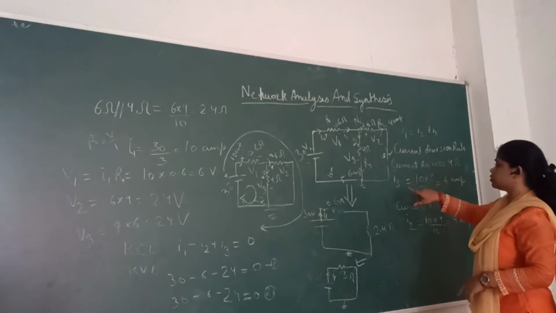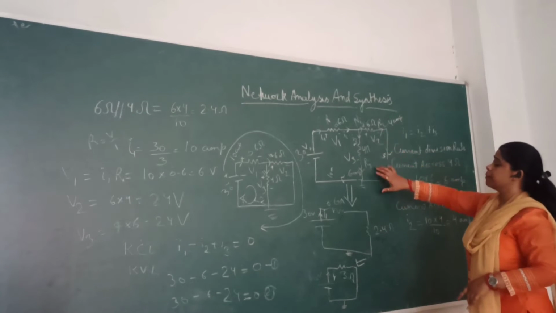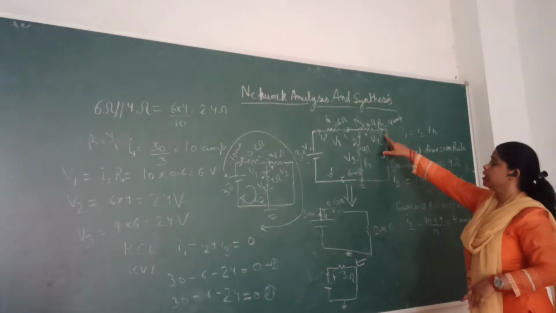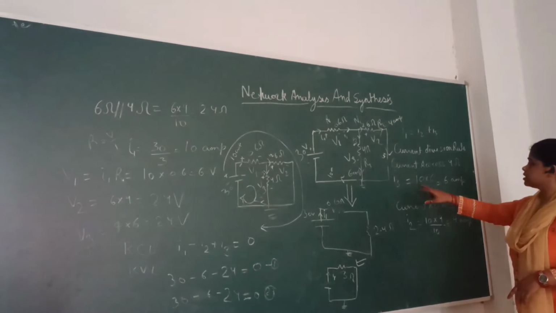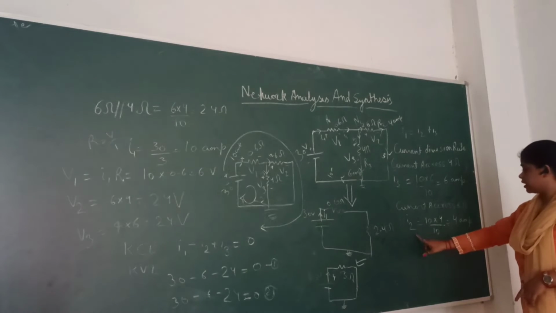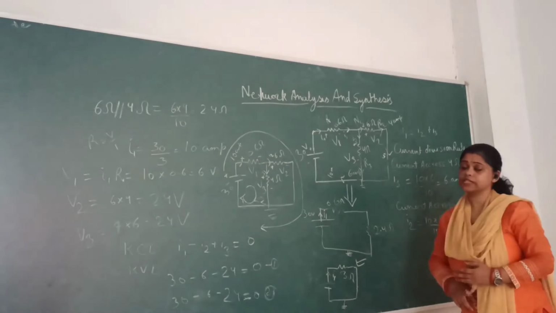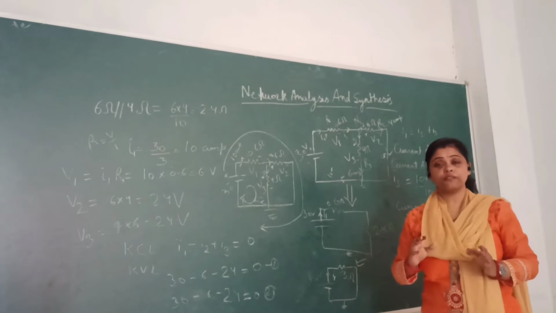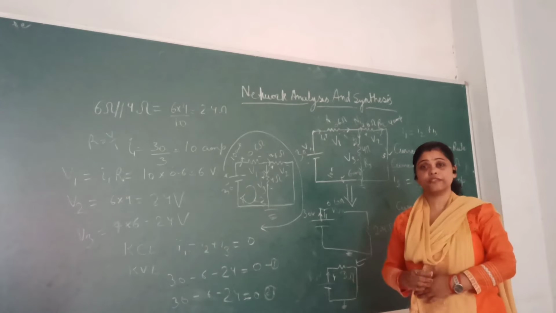ampere. With the help of the total current, we are getting the current in these branches, that is the 6 ohm resistor and the 4 ohm resistor. Current I3 is 6 ampere and current I2 is 4 ampere. To solve any network circuit, we have to understand what KVL and